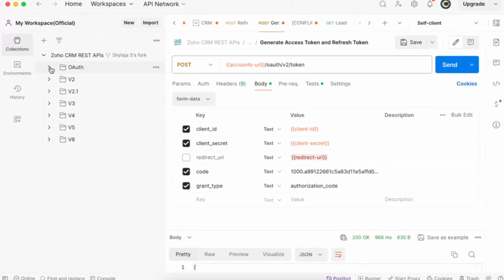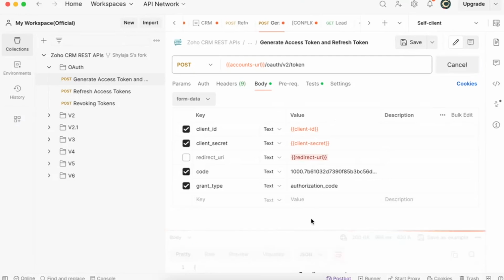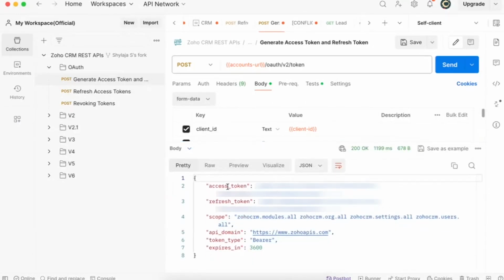So here in OAuth, I have to generate my access token. I have given my client ID, I have given my client secret, and I have to give my grant token here. The grant type is authorization code, because I am giving an authorization code in exchange for an access and a refresh token. This is a POST request, so now I'll make a POST. I have my response where it has an access token, a refresh token, and it displays the scope,